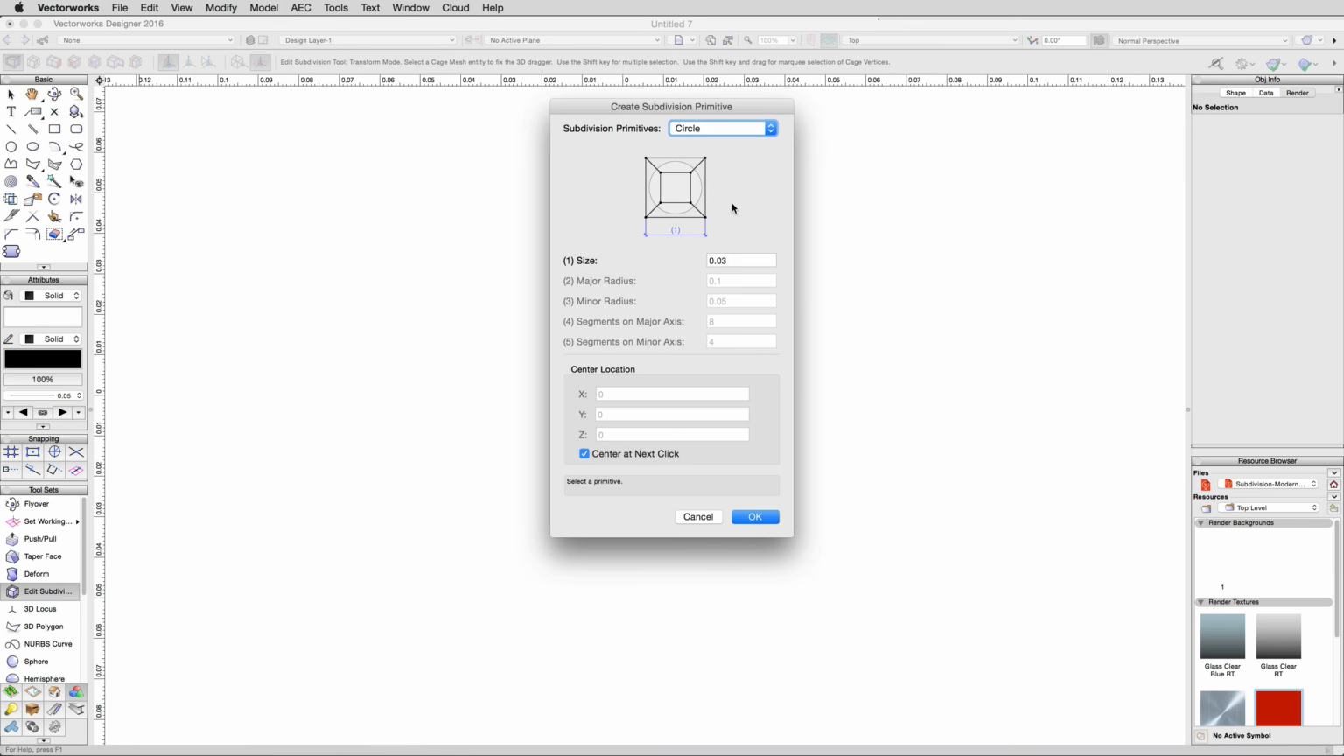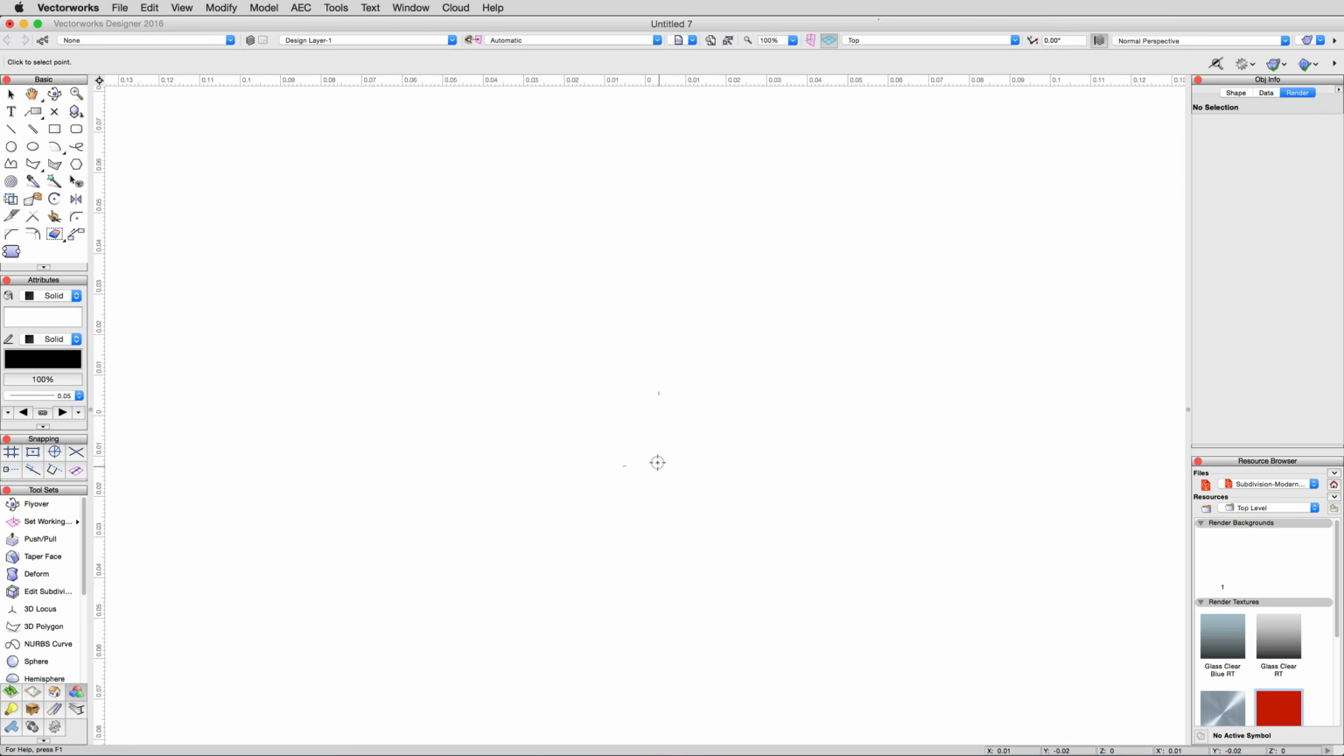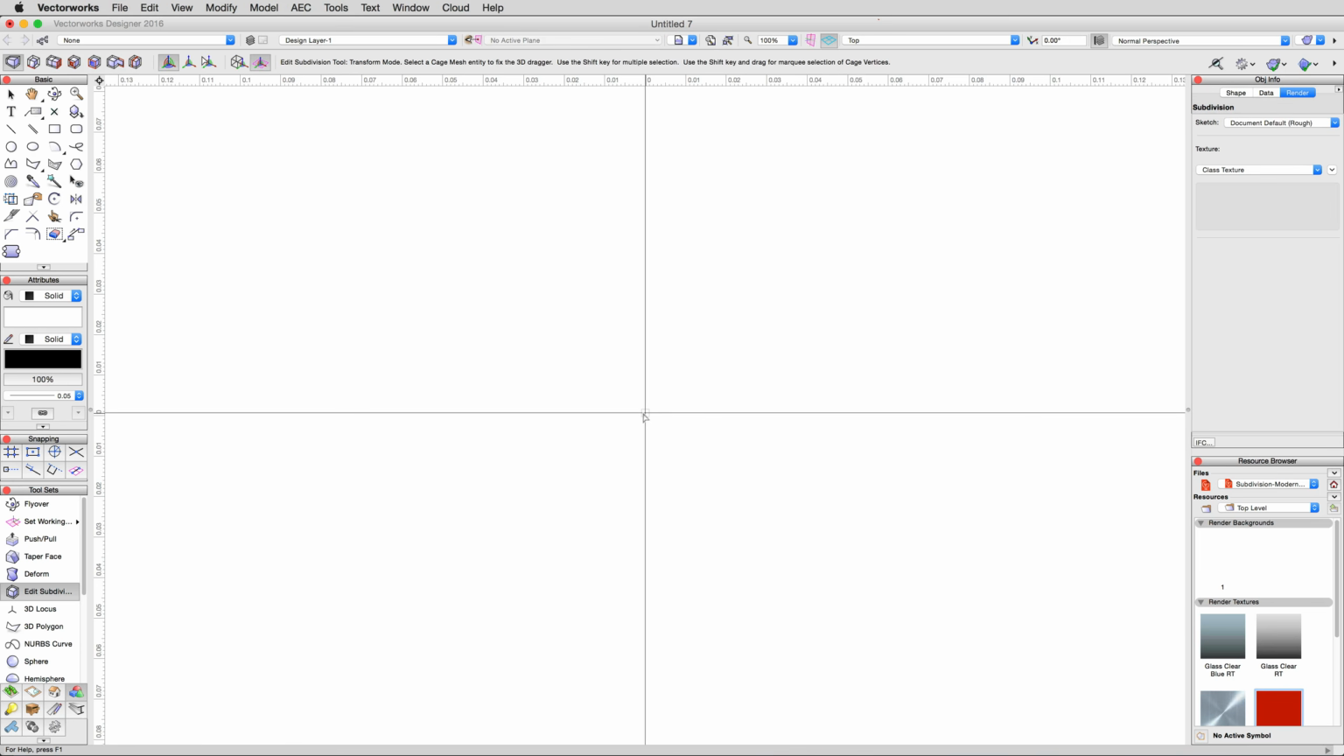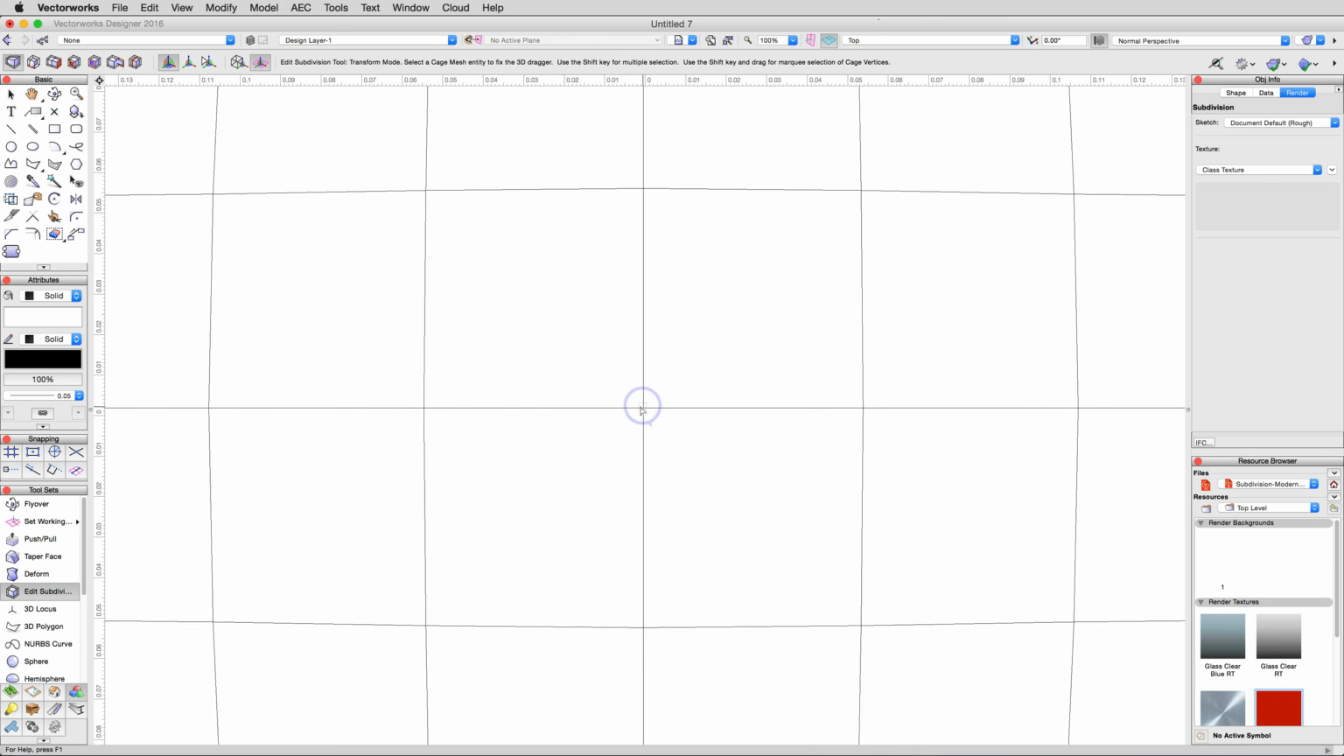We'll keep this example relatively small. Enter a value of 8 meters for the diameter and click OK. Then place the subdivision in the middle of the drawing area. Likely it will be much larger than your current view, so zoom out a bit until you can see the